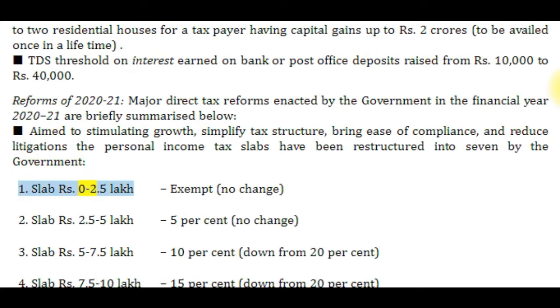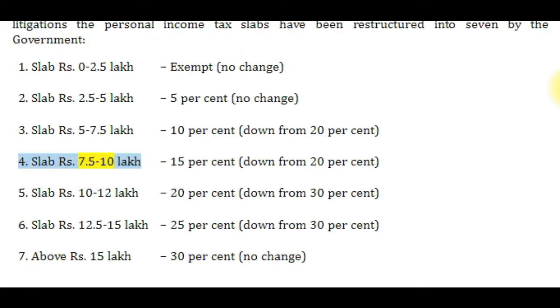1. Slab Rs 0-2.5 lakh: exempt, no change. 2. Slab Rs 2.5-5 lakh: 5%, no change. 3. Slab Rs 5-7.5 lakh: 10%, down from 20%. 4. Slab Rs 7.5-10 lakh: 15%, down from 20%. 5. Slab Rs 10 to 12 lakh: